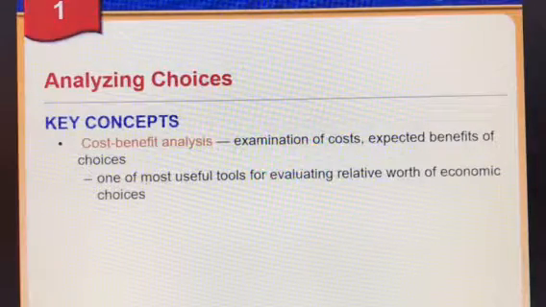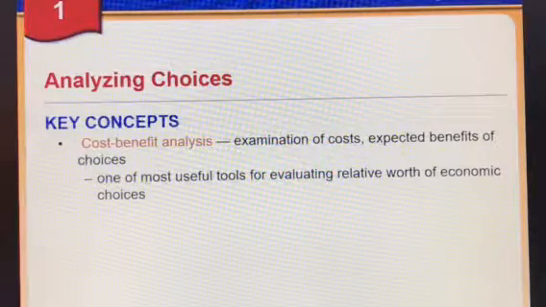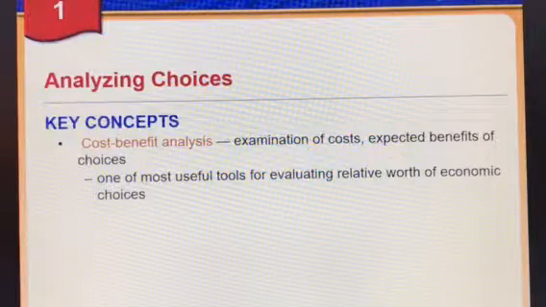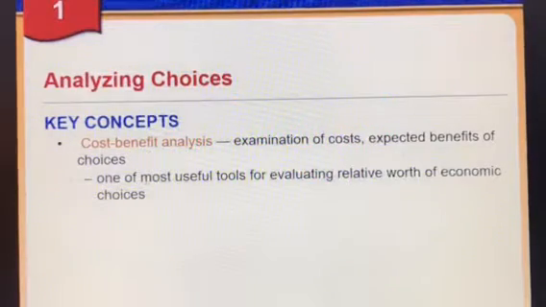Cost-benefit analysis. This is a good thing to do before you go to college. You look at the costs and you look at the benefits from going to college. So on one side of a sheet you would line up all the benefits. On the other side of the sheet you'd line up all the costs. And then when you get down to the bottom of each side, you have to make a decision. Which one am I going to do? What is it going to cost me, and what benefits am I going to get? And then you have to decide, is the cost worth the benefit, or is the cost not worth the benefits